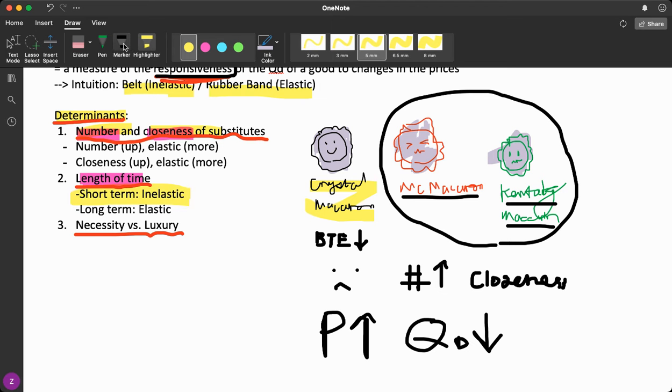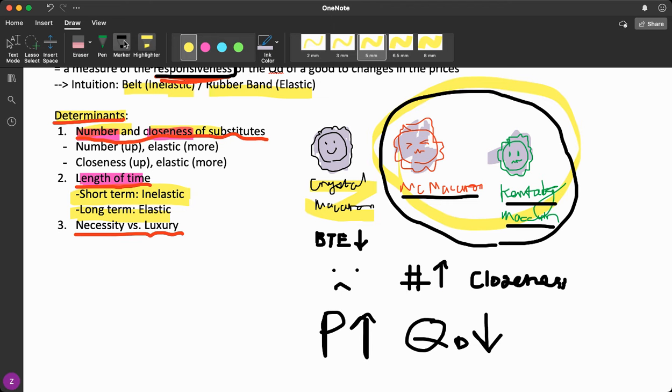But as time goes by, eventually they will discover the other two rival stores. And if I don't invent any new special recipe, the demand will become more elastic for the macarons that I'm currently selling, because